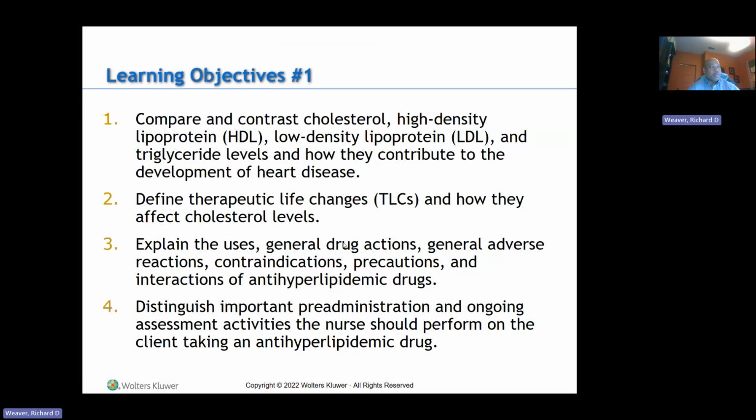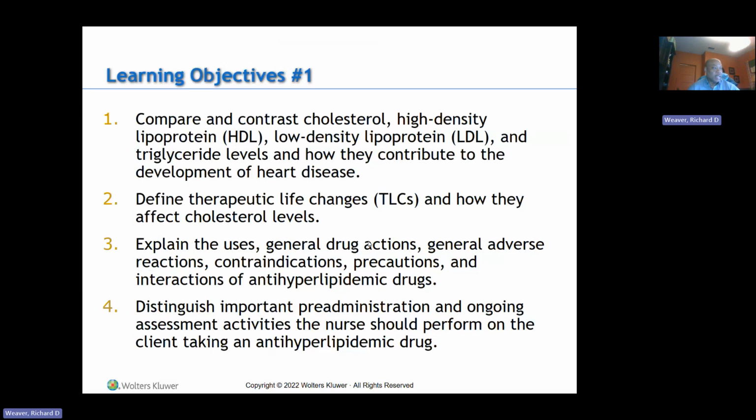Low density lipoproteins, those are your LDLs or the bad cholesterol, and your triglyceride levels and how they contribute to the development of heart disease. The next one, number two, is define therapeutic lifestyle changes, TLCs, and how they affect cholesterol levels. And the third one is explain the uses, general drug actions, general adverse reactions, contraindications, precautions, and interactions